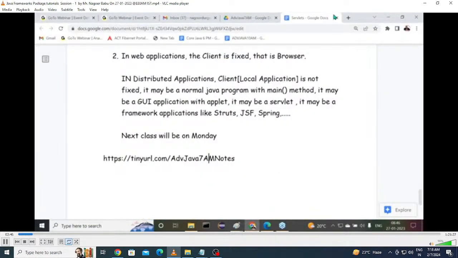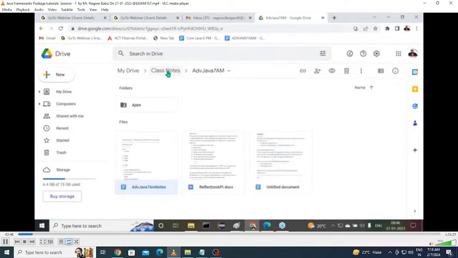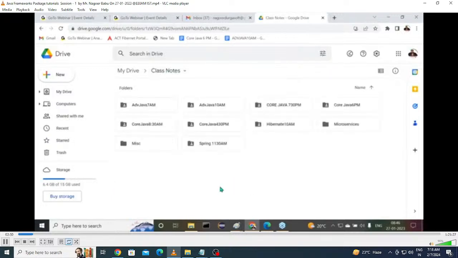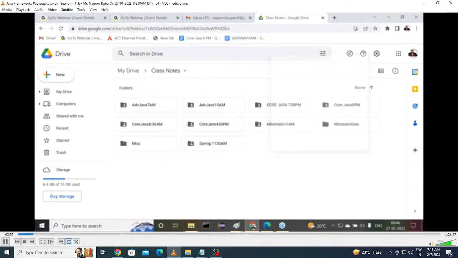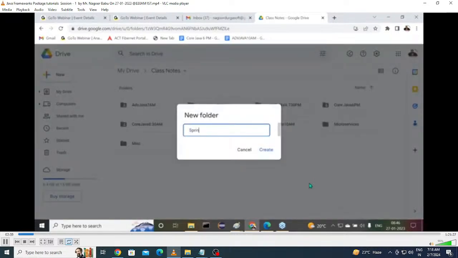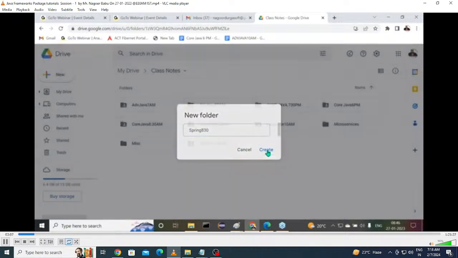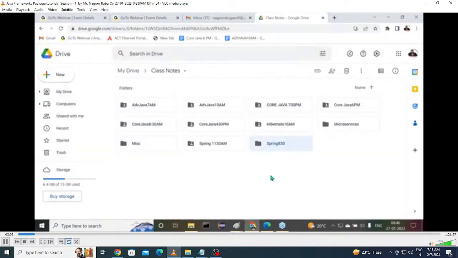some documents and all. The classroom notes also we have to create. Right, sir. So let me create a separate folder for it. Now, this is frameworks actually. As part of the framework here, we are going to take Spring 830. The location also we get specified clearly. So from now onwards, every piece of work from our classes, I'm going to keep in Spring 830.